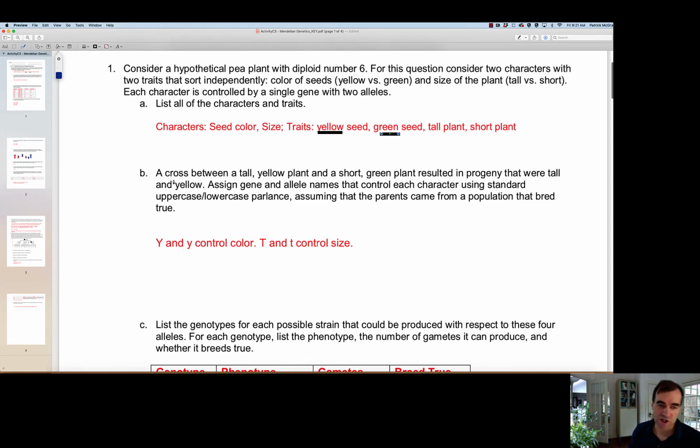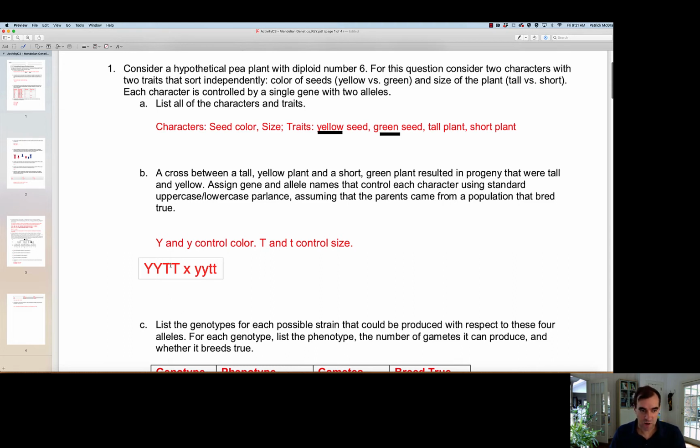A cross between two plants resulted in progeny that were all identical. So whenever the progeny are all identical, that's a really good hint that the parents bred true. And so for this case, let me actually switch over to a text box. So we would simply have parents that were, and so does this make sense with the resulting